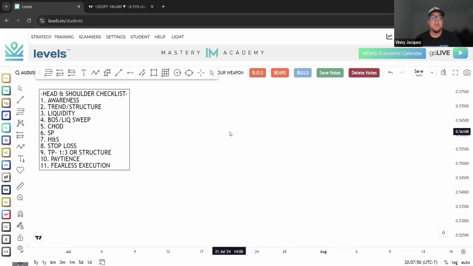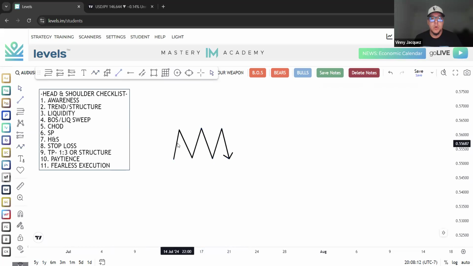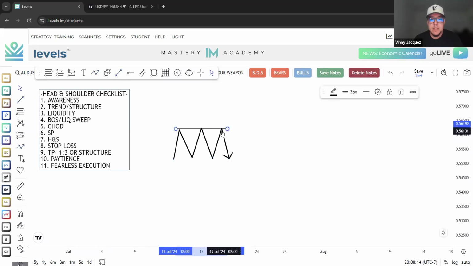So now that we know that the market is in a downtrend, we need to be looking for the head and shoulder. So let's go ahead and get into it, guys. As the market is building up liquidity, consolidation, this is something that we need to see when looking for the head and shoulder. Now, when we see this, guys, this is fine. Don't feel like you have to be aggressive. When you are seeing this, this is a good thing. You need to stay patient because everything happens one step at a time when it comes to the head and